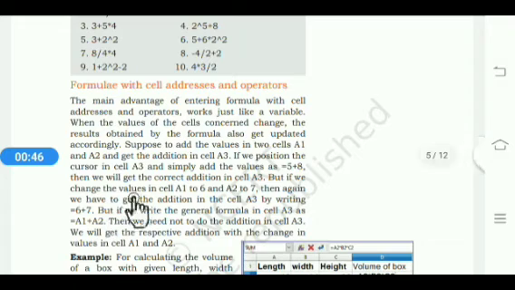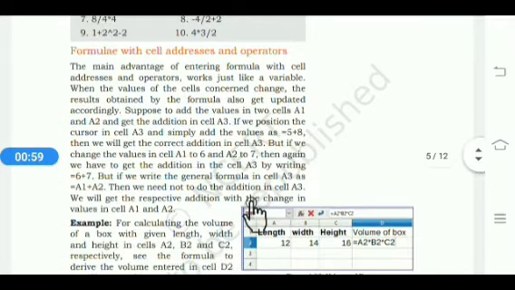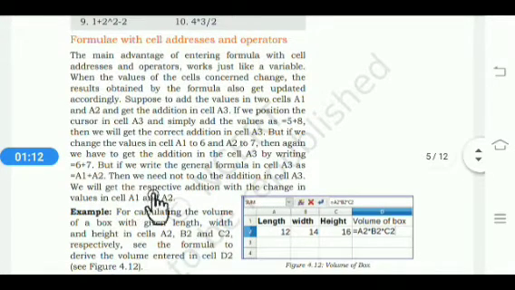But if we change the value in cell A1 to 6 and A2 to 7, then again we have to get the addition in cell A3 by writing equal to 6 plus 7. But if we write a general formula in cell A3, that is equal to A1 plus A2, then we do not need to redo the addition in cell A3, and we will get the respective addition with the change in the values in cells A1 and A2.